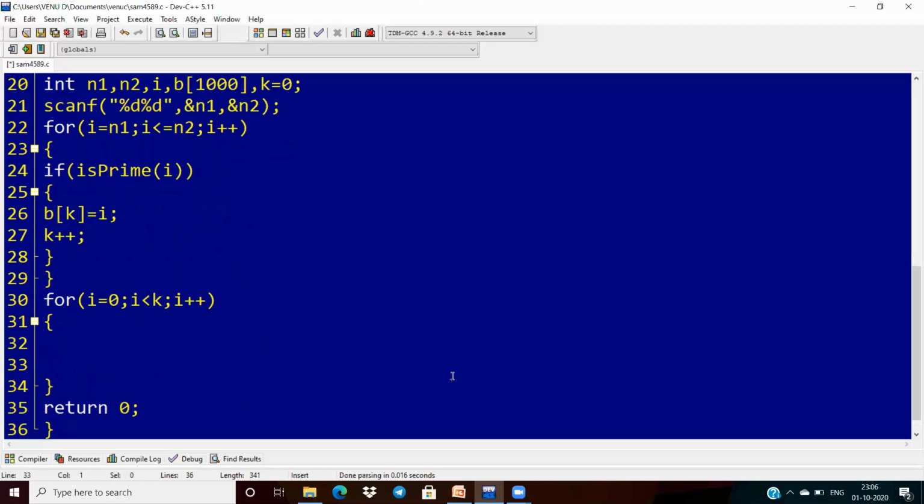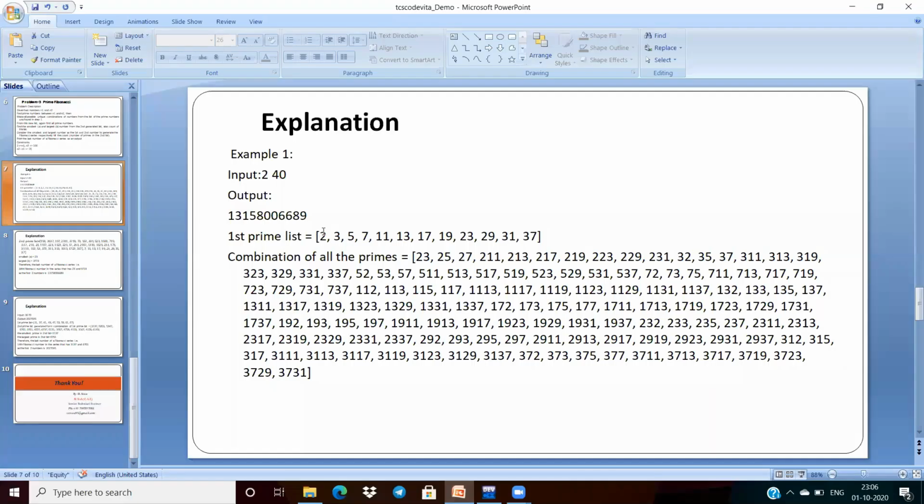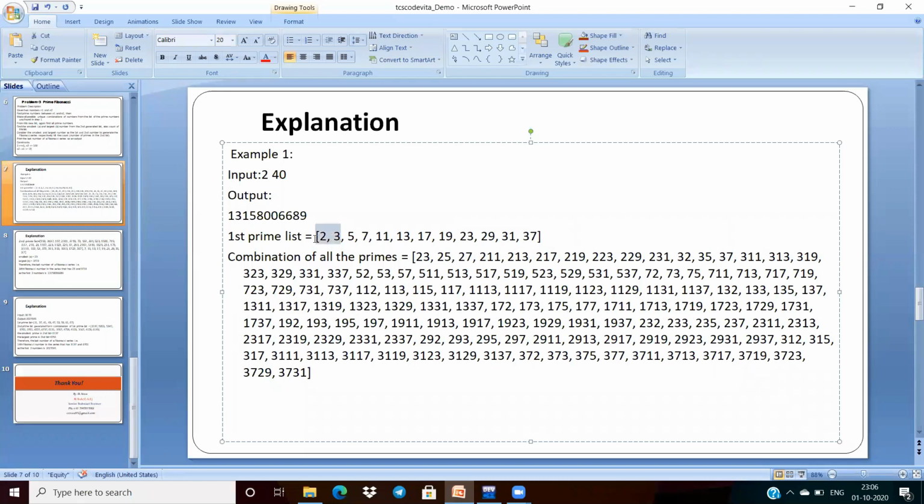And what is the second task? You see, I want to combine this 2 with the 3 here. That means if I'm adding decimal numbers, 2 plus 3, I'm getting 5. But actually, I want to concatenate 2 with the 3. Concatenation is possible if the numbers are strings, but if the numbers are integers, we will get the sum.